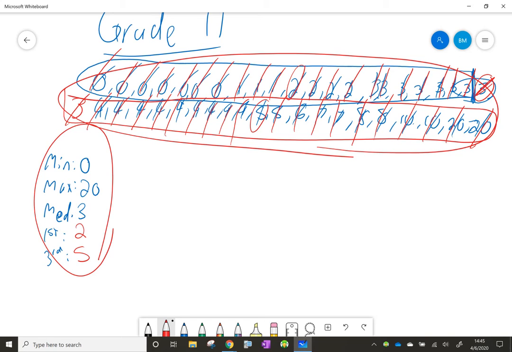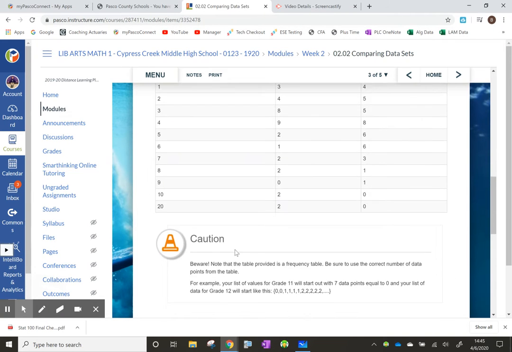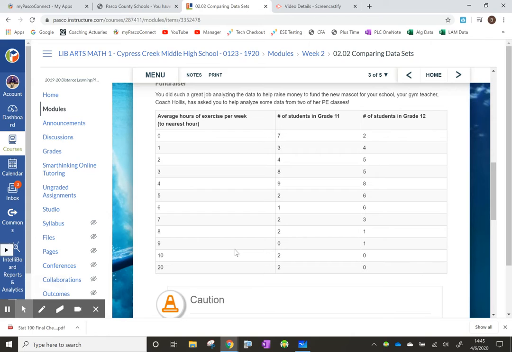Actually, this is probably an easy way of doing this. Let's go back to our table and just multiply. We have 3 1s, so it's going to be 3 times 1. Then we have 4 2s, so we're going to do 4 times 2. We have 8 threes, so add 8 times 3, add 9 times 4,